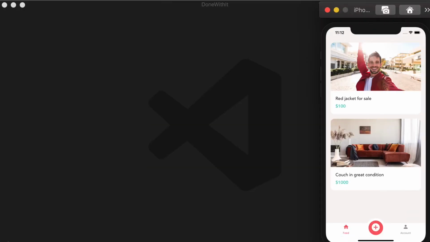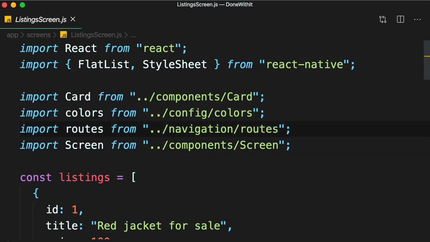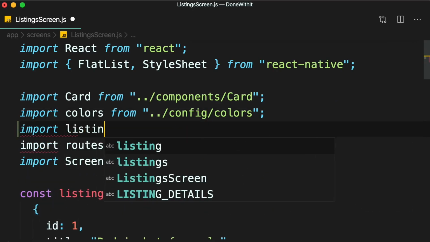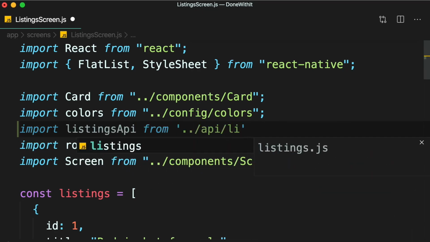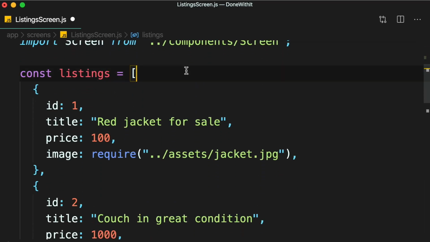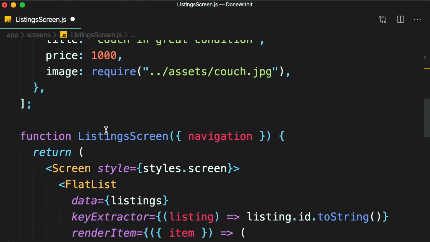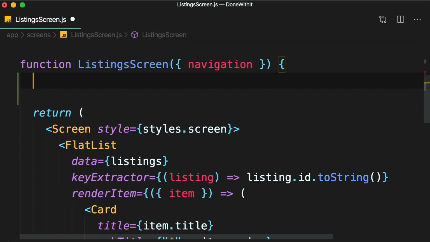So now that we have an API layer, let's get these listings from the server. So we go to listings screen.js. First, we import our listing API. We go up to API/listings. Next, we should get rid of this hard-coded array. We don't need it anymore. So delete. Now in this component, we should declare a state variable to store the listings that we get from the server. So useState, we're going to initialize it to an empty array